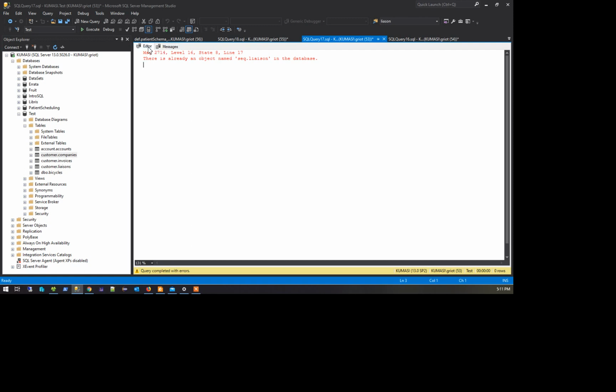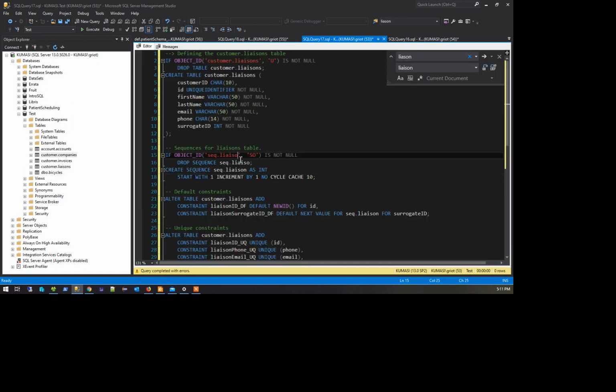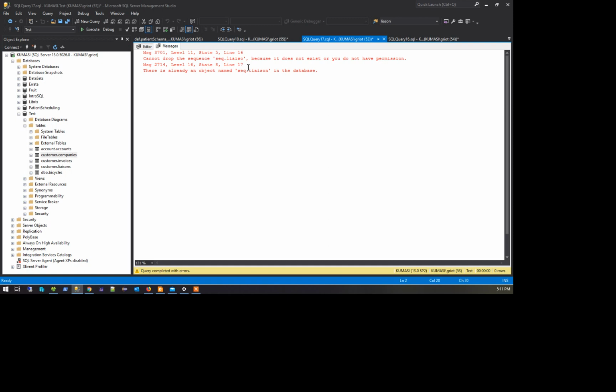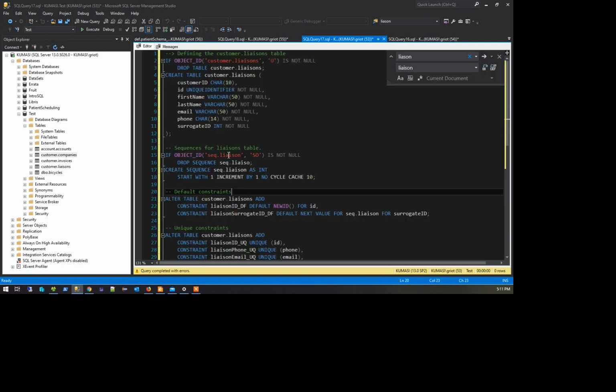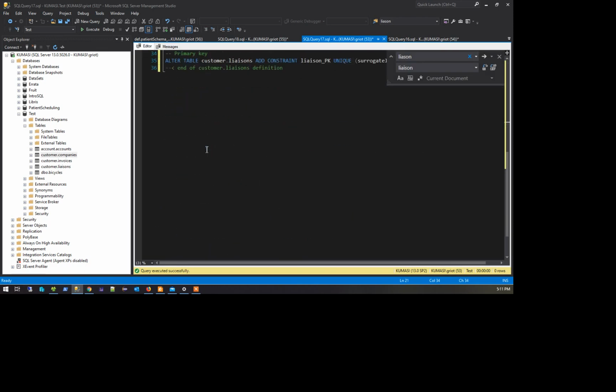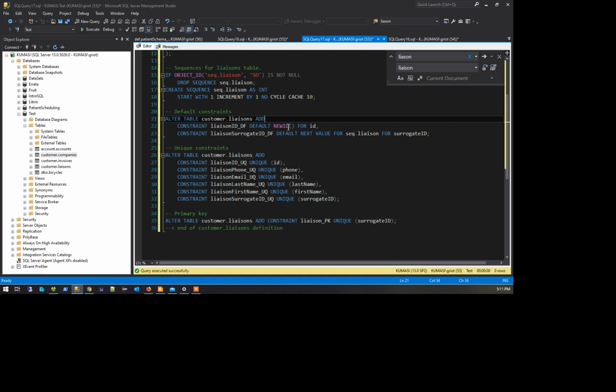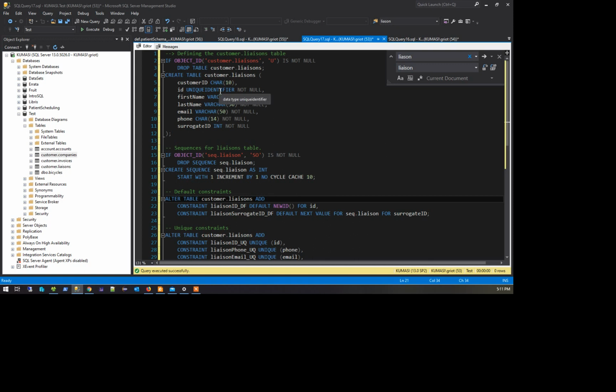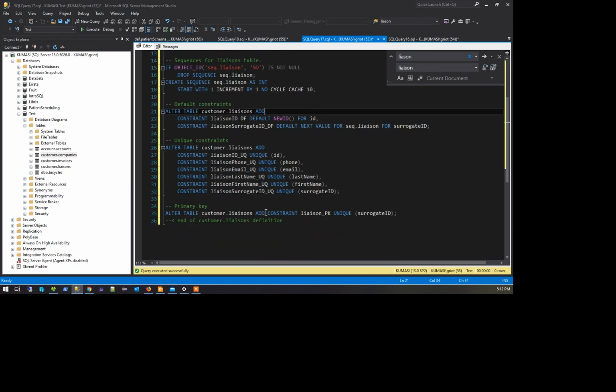Really? Okay, that's why. Let's do this one more time. See it? There's an error. There, everything works. So you've seen where I've used a default. I've used NEWID to generate what? A unique identifier. And you see over here I'm using surrogate ID, right? And I think I want to do one more,